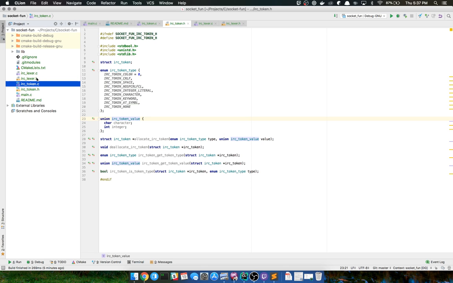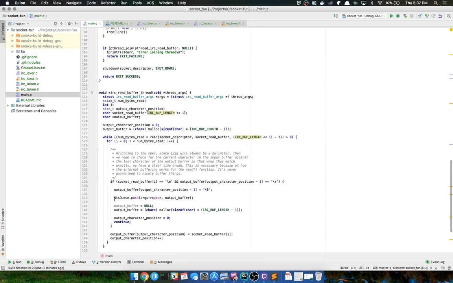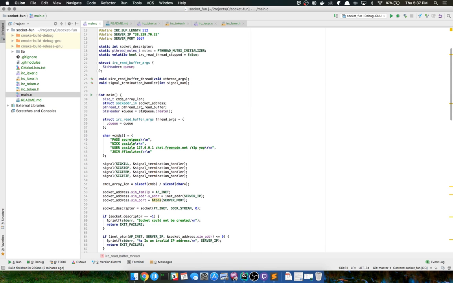So the next thing I want to work on is the lexer. What I want to do is pass in my queue that grabs the lines. Where did I define that at? Right up here. Right. So I want to pass that into the constructor of my lexer and establish a dependency there. And then from there, I'm going to have it implement some sort of function that says get next token.